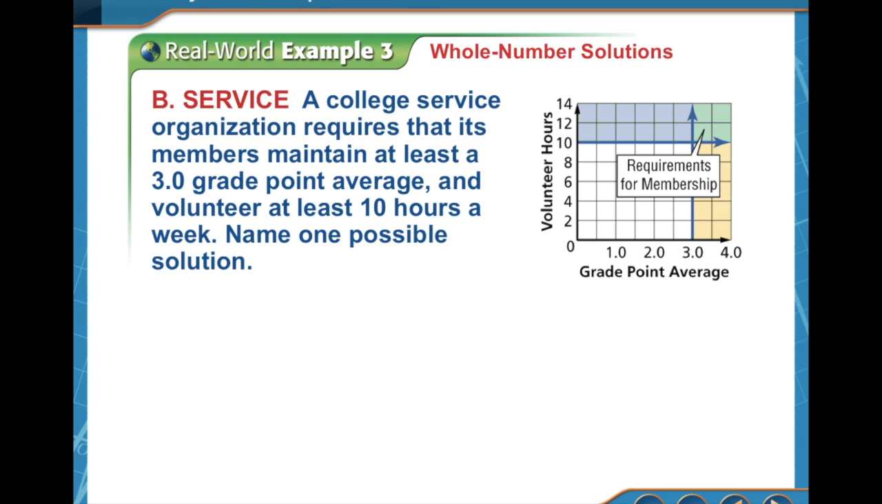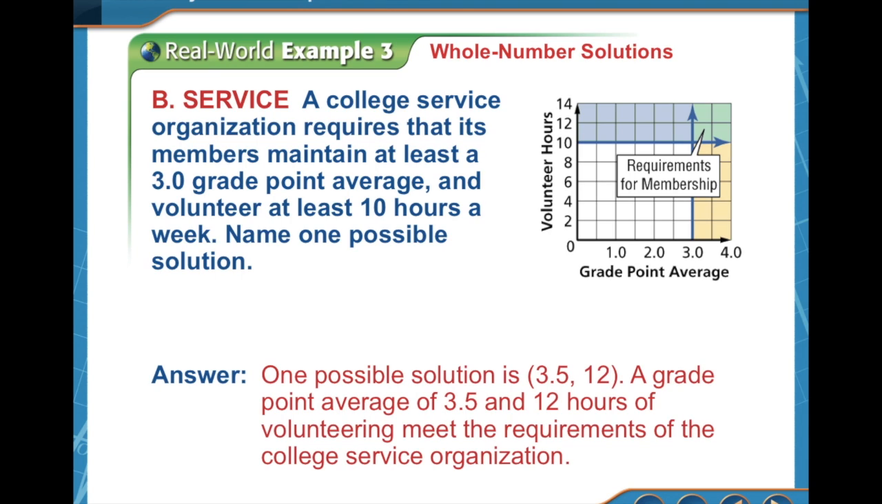You could have somebody with a 4.0 that volunteered 10 hours a week. You could have somebody with a 3.2 that volunteered 20 hours a week. So there's an infinite number of possibilities. So you just name one. You can name anything that satisfies those requirements. So one of those possible answers you could say would be 3.5 GPA and 12 volunteer hours a week. Of course, that is true. But there are many, many, many types of